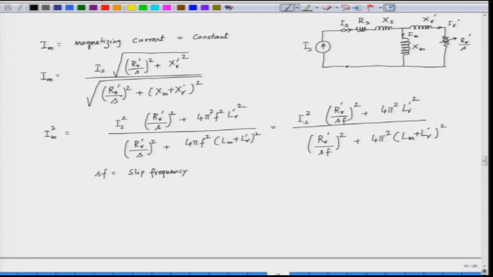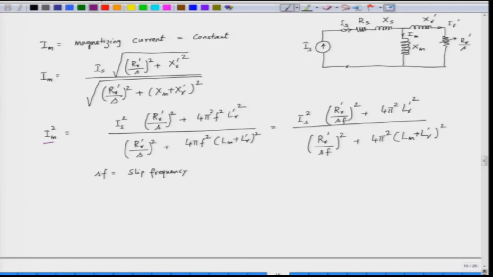So, what we do here, we control the slip frequency of a CSI fed induction motor. Now, slip frequency can be changed from 0 to certain value. Now, if slip frequency is very small, what happens? So, we are controlling the slip frequency here, and let us see what is the relationship as we change the slip frequency. Now, this relates the magnetizing current with the stator current with the slip frequency here. So, let us say if Sf is very small, these parts can be neglected.